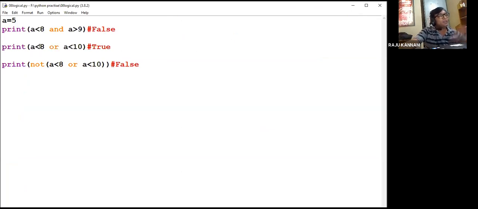Now, for example, here I'll write a greater than 8 or a greater than 10. Here, a is not greater than 8, yes, false. This is also false. So false, 0 or 0, it will give false.